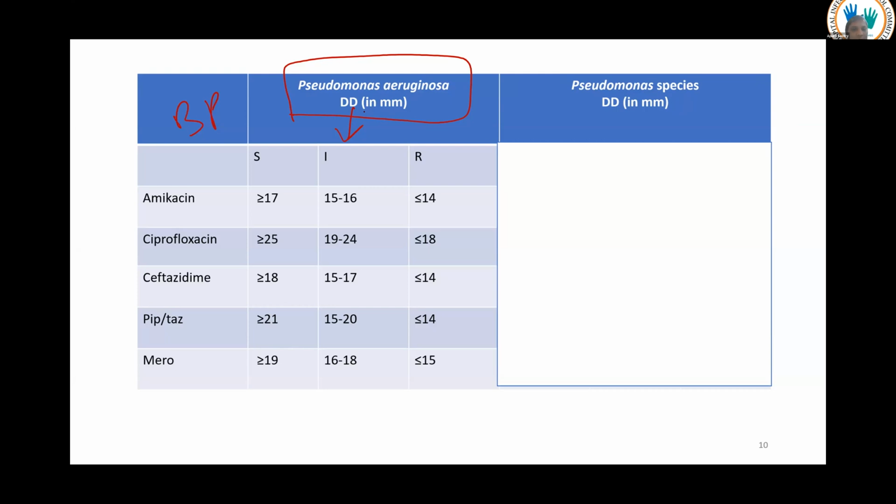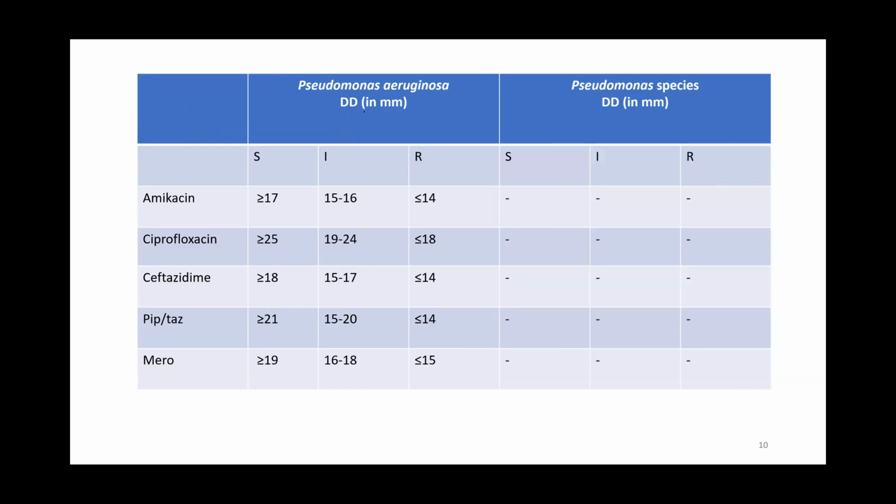Like any of you who is doing only disk diffusion tests, you don't have MIC based tests. Can you tell me how you are reporting Pseudomonas species, non-aeruginosa species? Based on Pseudomonas guidelines? Yes. So we are forced to do it based upon the Pseudomonas aeruginosa breakpoint, which is actually wrong. Please remember that Pseudomonas species has to be followed based upon